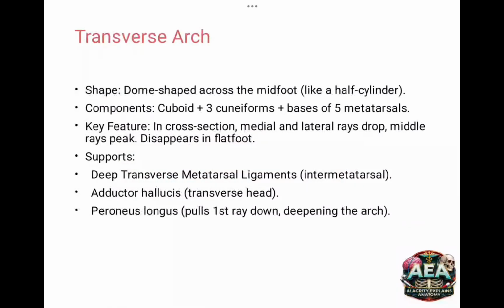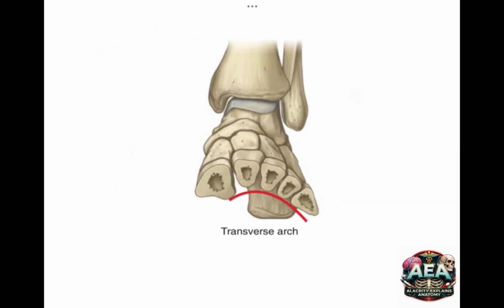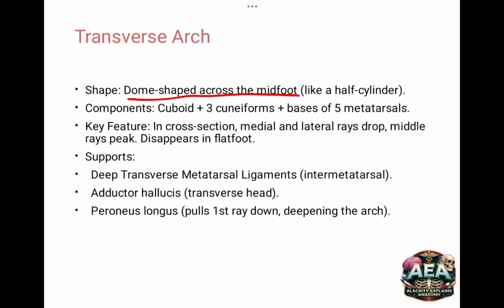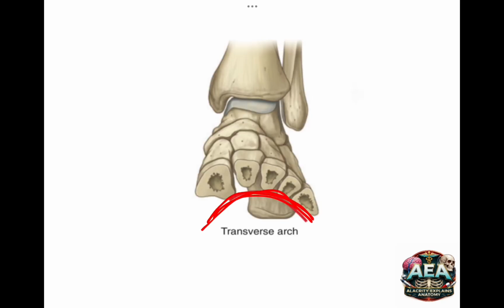So let's look at the transverse arc. The transverse arc is dome shaped across the midfoot. It is dome shaped, like half of a cylinder. The components: we have the cuboid, the three cuneiforms, and the bases of the five metatarsals. It's seen in cross section, which is the image you are seeing here, looking at the transverse arc in cross section